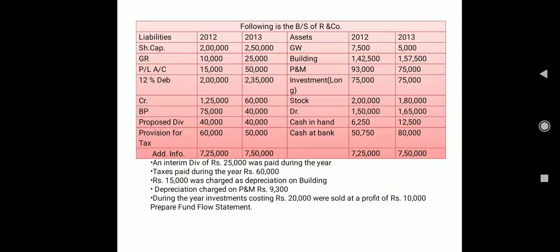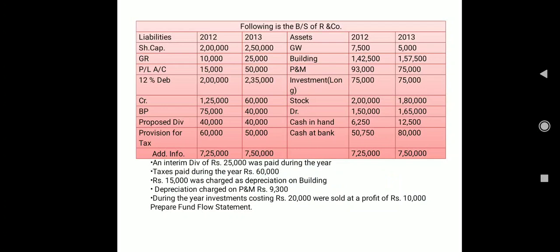which is given in the question, and again we will first find out which will be our source, which will be our application, which will be our non-cash, non-fund expense, income, all those things, and which are going to be our current assets and current liabilities. And I hope you know very well, to prepare the fund flow statement we need to go through 3 steps. First step is the statement showing changes in working capital, then we need to calculate fund from operation, and then we finally prepare the fund flow statement.